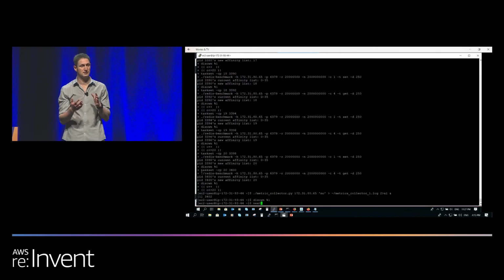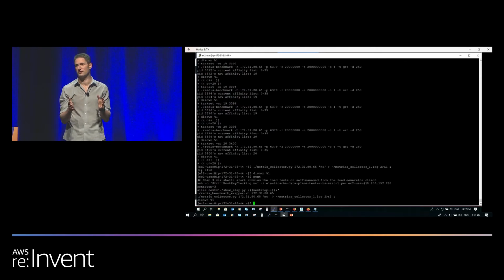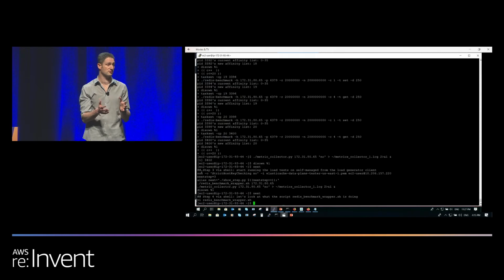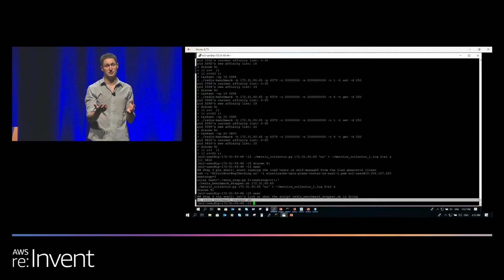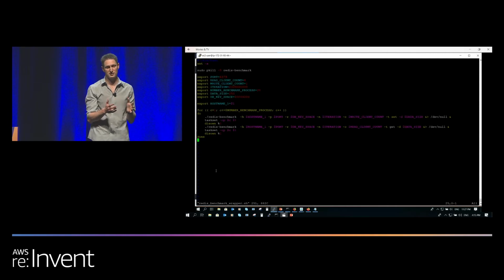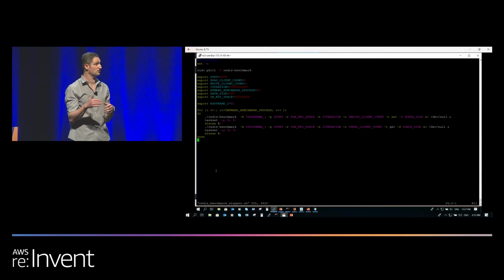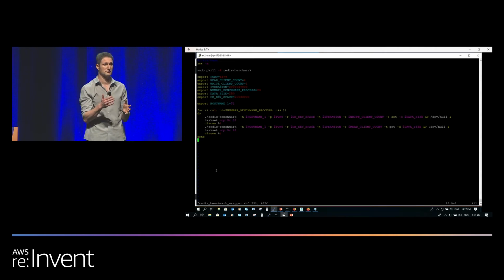So the Redis benchmark, if you are familiar with Redis, is an open source tool as well that you can use. What I'm doing in this script is just a simple wrapper for this. The first step in the script, I'm just killing all the existing Redis benchmark processes. I'm going to use it later on when I'm going to shift traffic.